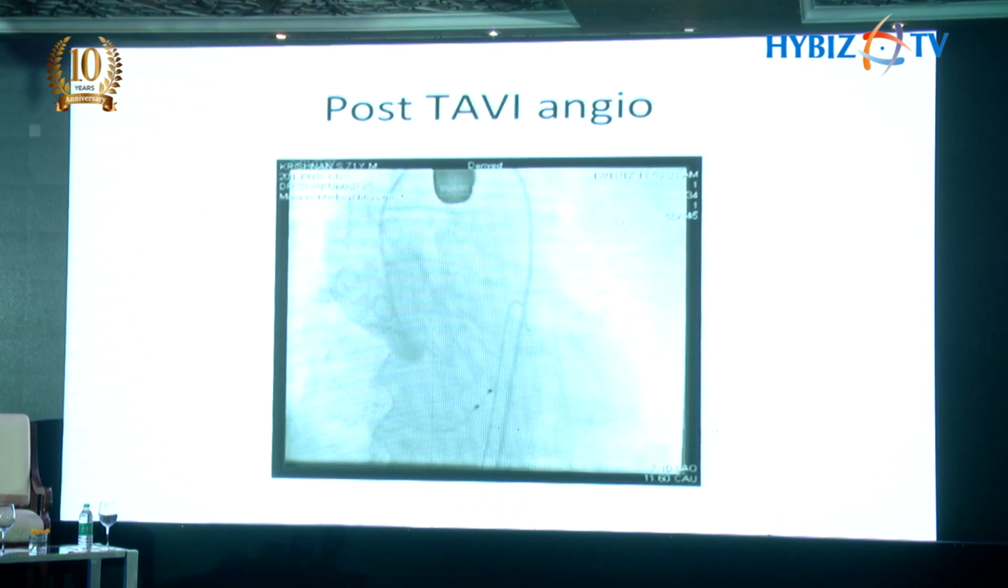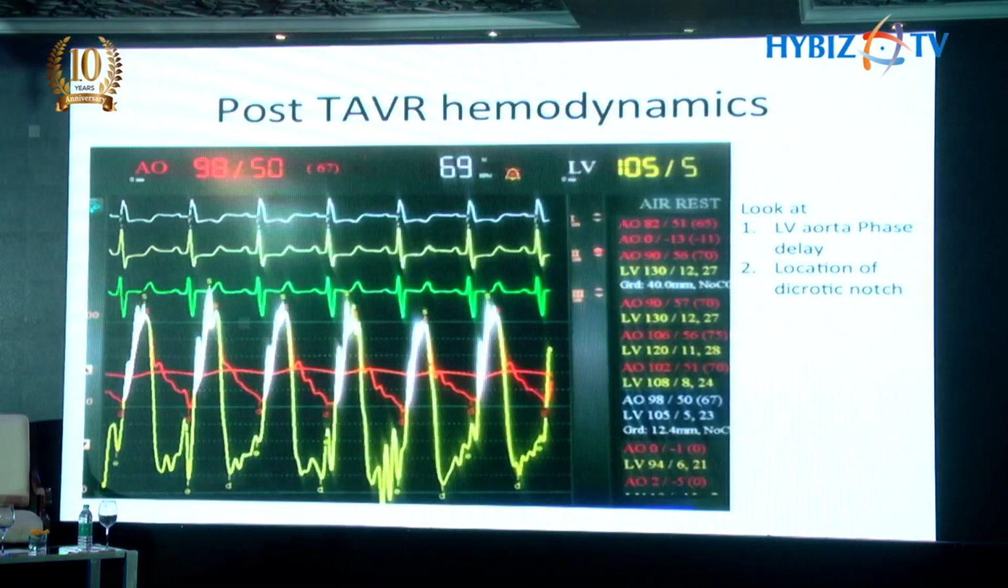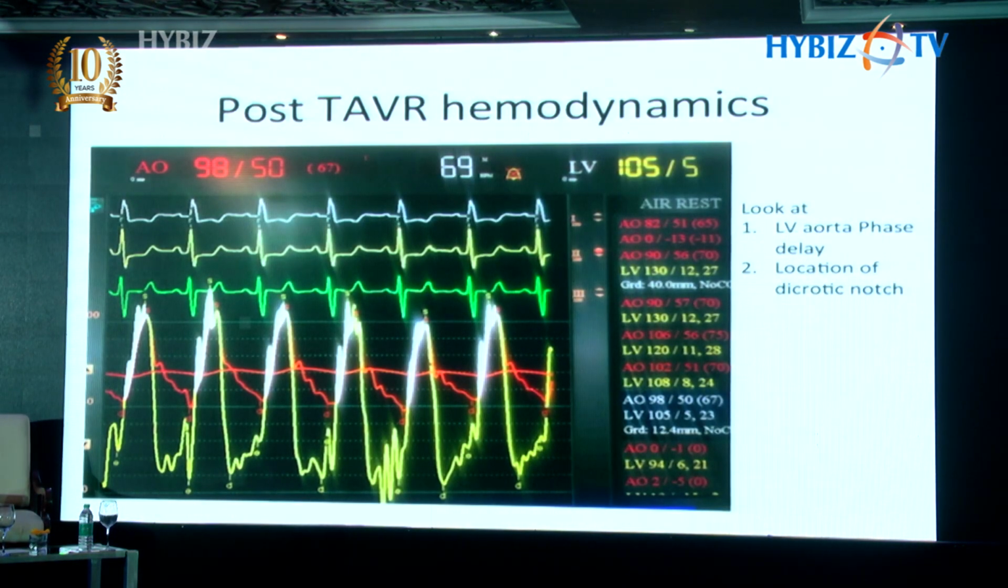So he gets a TAVR, and following the TAVR, there is no aortic regurgitation. Look at the trace. He has a matching LV and aortic pressure curve, so there is no residual gradient. It's not just looking at only those gradients. Concentrate on the dicrotic notch. It is located somewhere in the middle of the aortic curve. This is considered to be a very satisfactory outcome. The reason being,